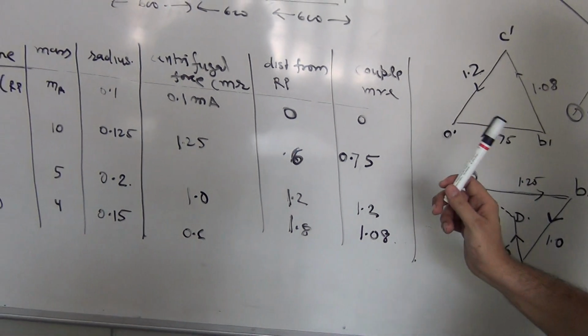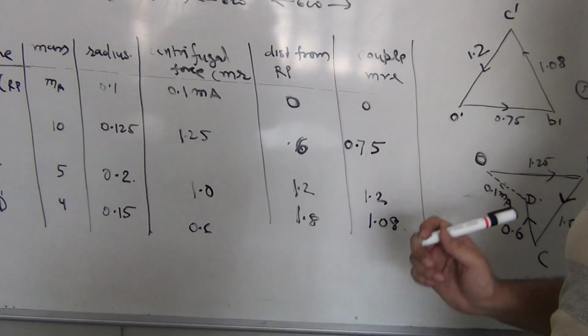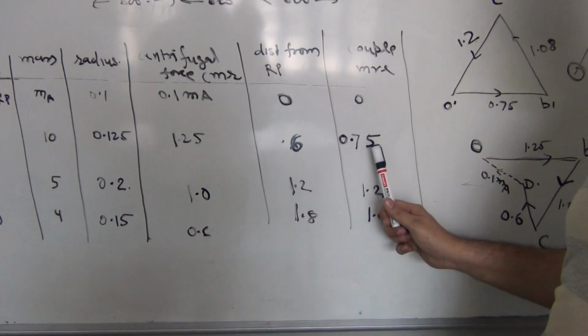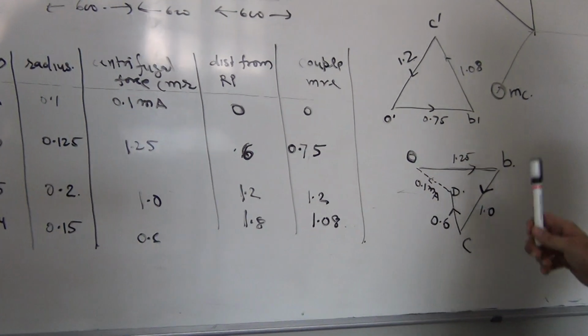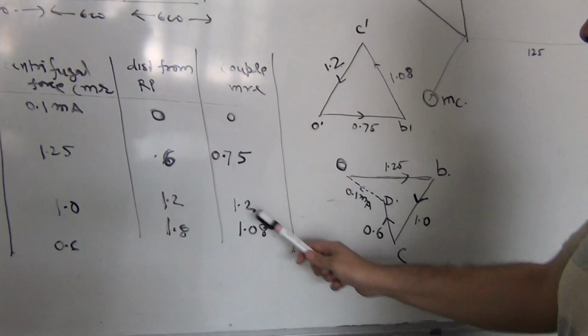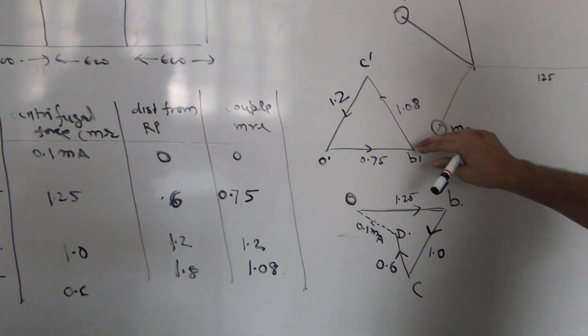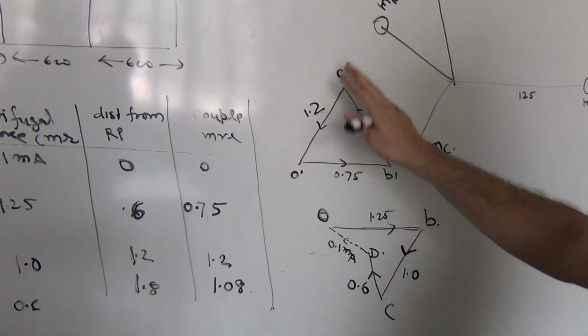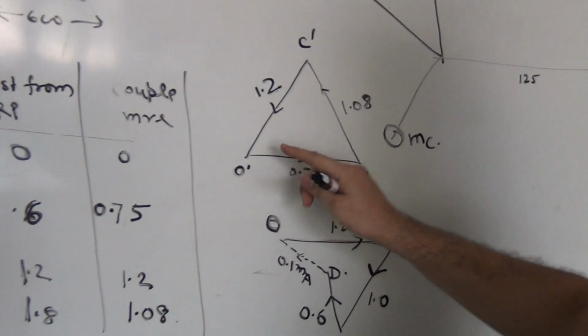Here the specified angle of any mass in the plane is not given, so we can assume that mass B is in the horizontal plane. We draw the first couple polygon, mass B is 0.75, and take the arcs of mass C and mass D. When you cut it, you will get the couple of C and the couple of D.